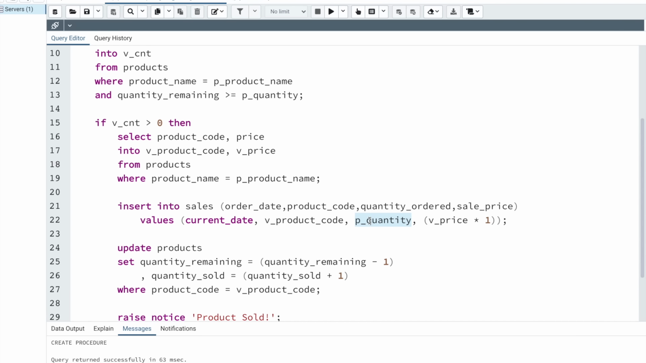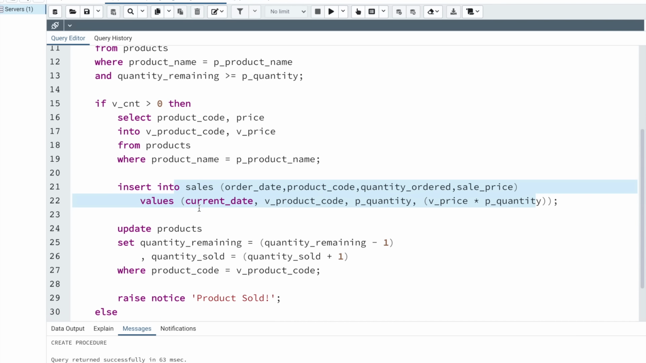So I have put the quantity here, and then when it comes to sales price, I need to multiply the quantity with the price that was returned here, right? So this is basically what I'm inserting into the sales table. I hope this is clear. Once I have loaded the data into the sales table, I need to update the products table, right? So I need to update the product table for the given